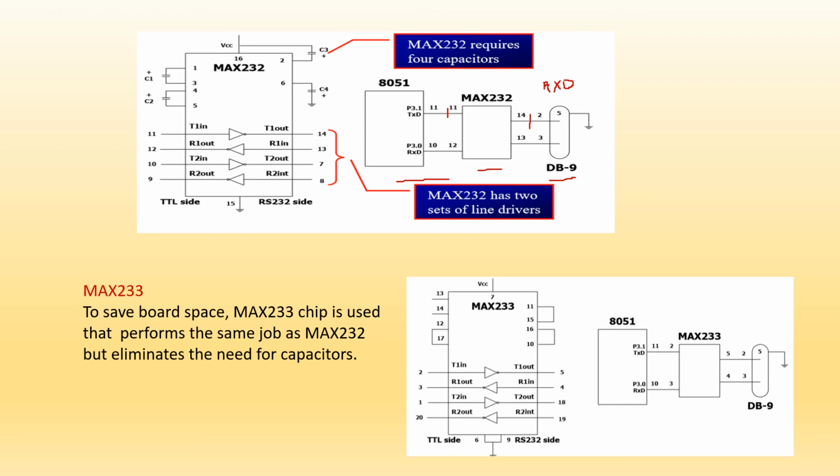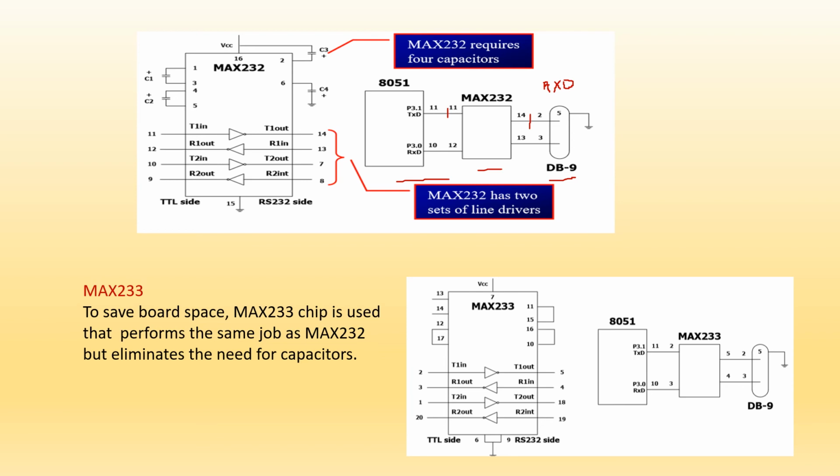So the RS232 is in turn connected to the data communication equipment terminal. Okay, so transmit and receive. The transmitting is TTL, so it is connected to the TTL side of the MAX232. For receiving, the MAX232 converts TTL to RS232, and the RS232 signal is connected to the RxD pin of the RS232 cable.